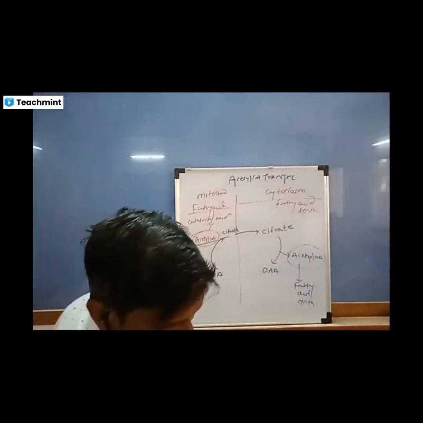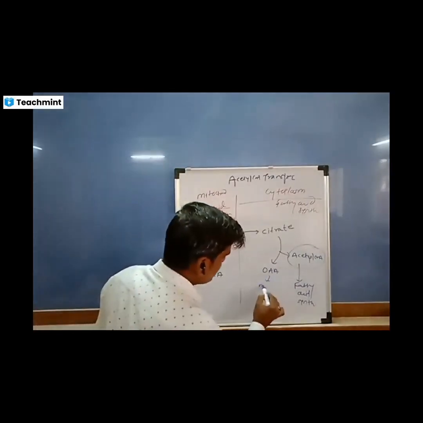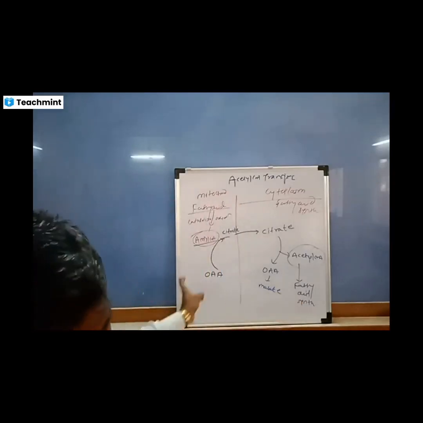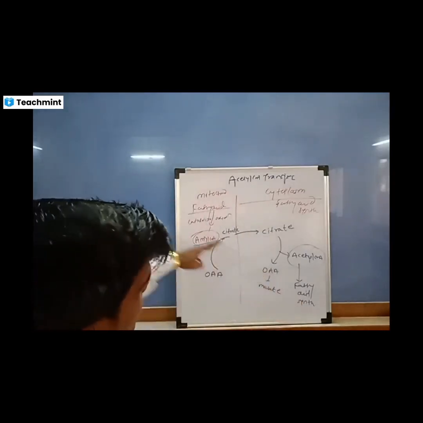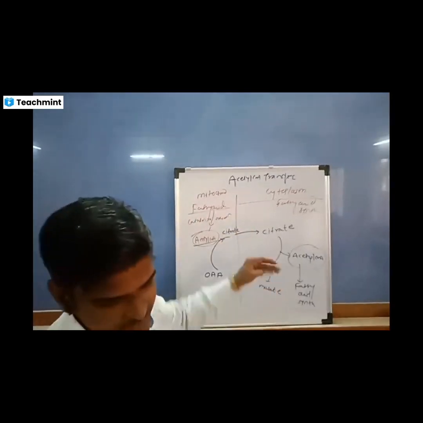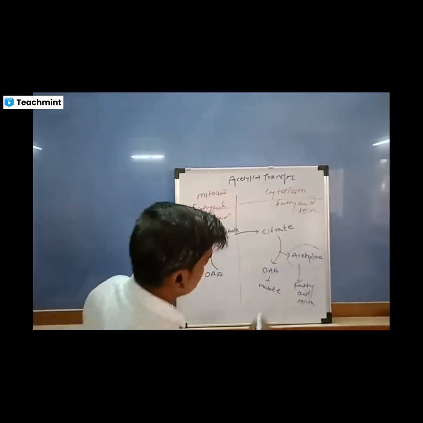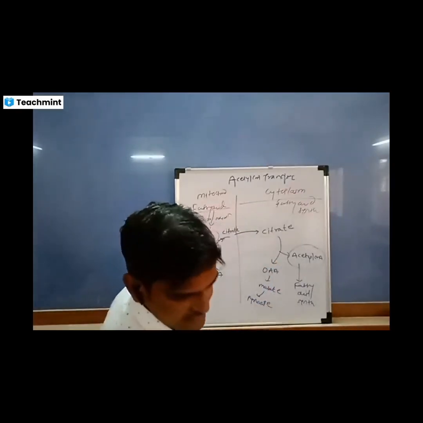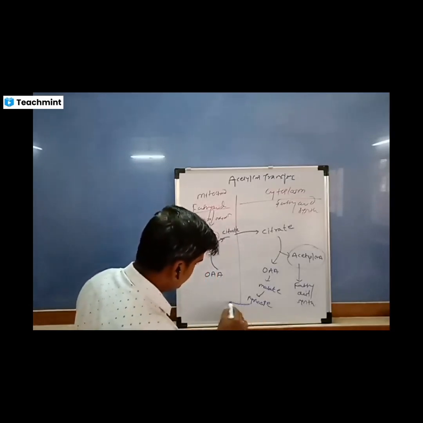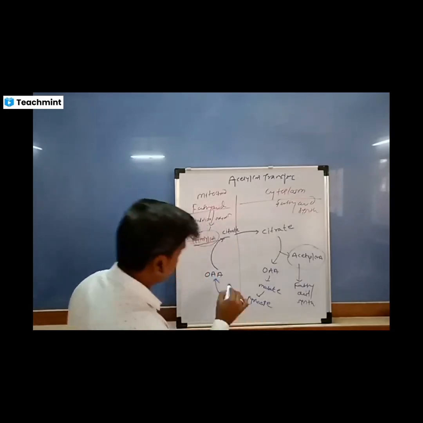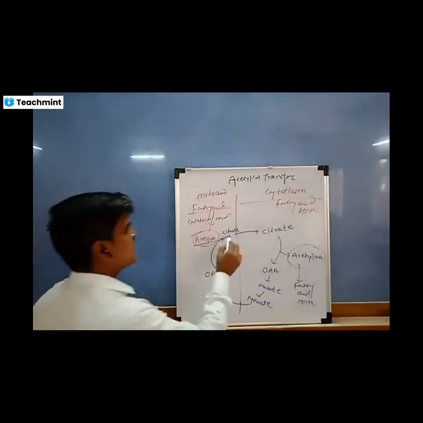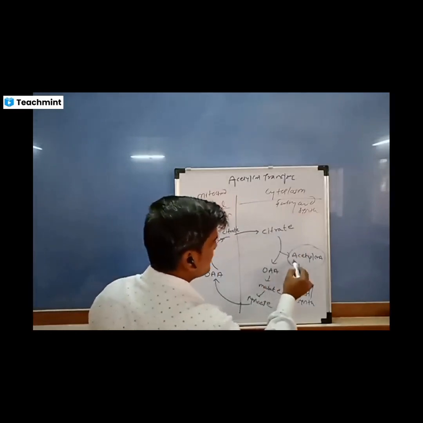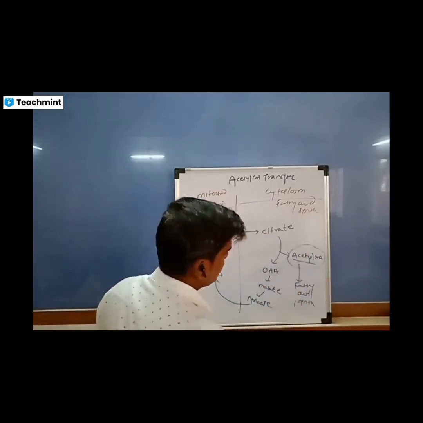Whatever the oxaloacetic acid available, it is purposefully converted to malate, because oxaloacetic acid is also not easily transferred from cytoplasm to mitochondria and mitochondria to cytoplasm, as you are aware in gluconeogenesis. Then from malate it is converted to pyruvate, and this pyruvate is then converted to oxaloacetic acid in mitochondria and makes citrate available by combining with acetyl-CoA, and this citrate is again hydrolyzed to release the acetyl-CoA, which is now required for fatty acid synthesis.